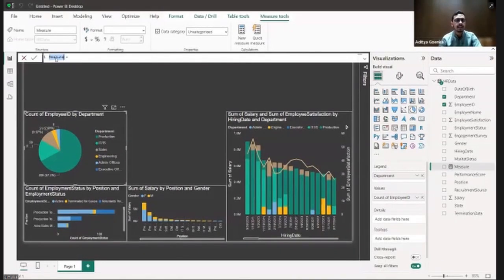So you can click on new measure and create a new measure for yourself. You can rename it. Let's say total number of employees is a parameter that we want to have. So you can write Total Employees over here, and then write a formula. What is the formula that you can use?